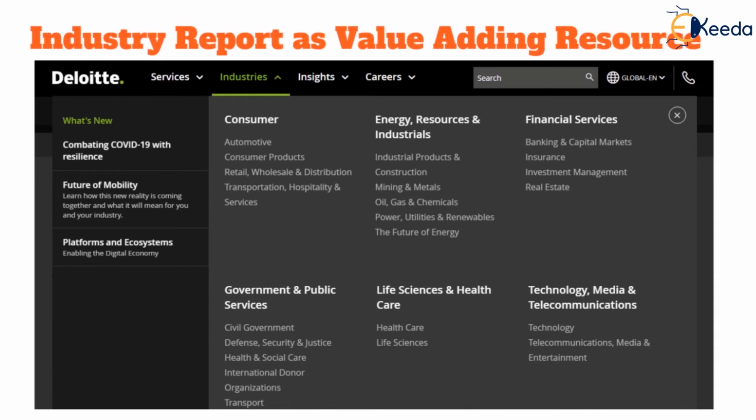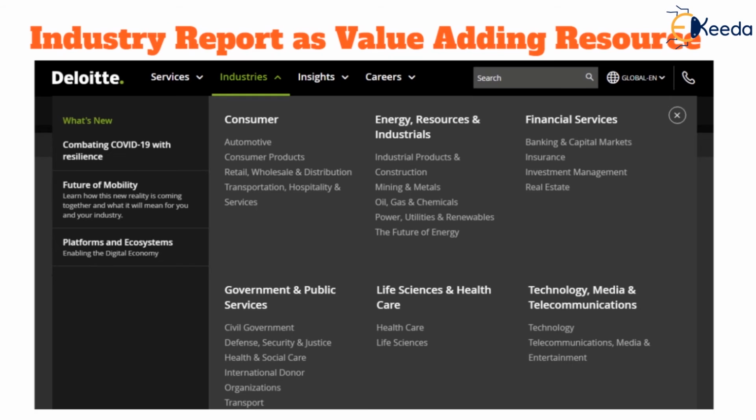So, what they have done is they have developed industry reports for all these industries that they are serving, meaning these industries, they already have customers who are belonging to these sectors. So they have studied these industries in detail, because without that they cannot really offer appropriate services to their clients. And then they have come up with detailed industry reports which are available on their website.